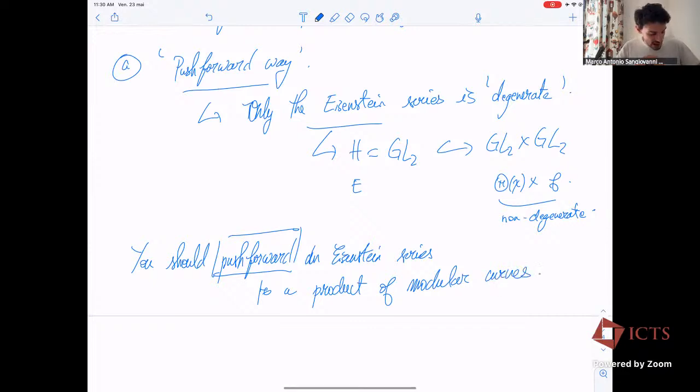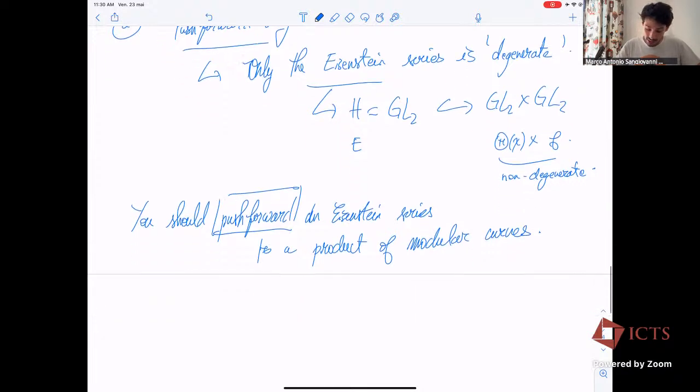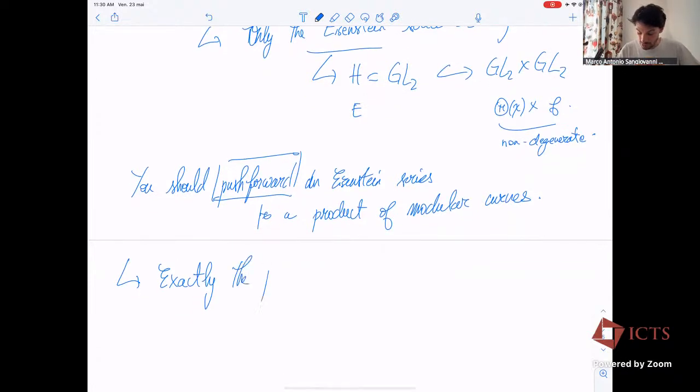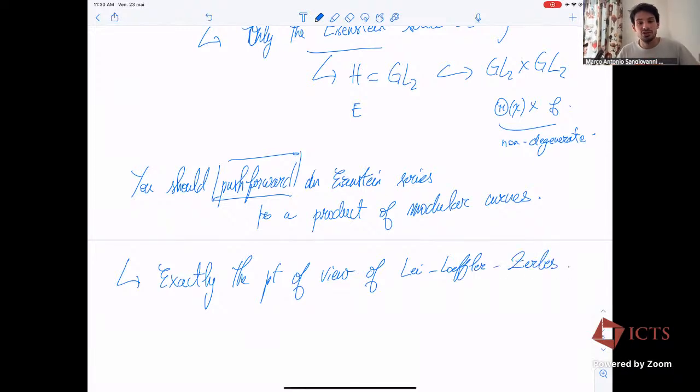And this is exactly the point of view that is taken by Ley, Loeffler, and Zerbes, which you may or may not be familiar with. Exactly the point of view of Ley, Loeffler, and Zerbes. And indeed, they construct an Euler system for rho f over K, but the issue is